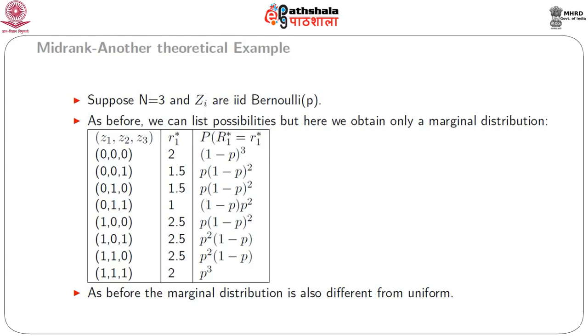Here also we find that corresponding to the realization (0, 0, 0) of (Z1, Z2, Z3), we have the value of R1* as 2 with corresponding probability (1 minus p) whole cube, and when we have observations (0, 0, 1) for (Z1, Z2, Z3), the corresponding probability is p into (1 minus p) whole square, etc. Actually, for n equal to 3, if the underlying distribution is continuous, the possible values of a rank are 1, 2 or 3, but in this case we have the possible values 1, 1.5, 2 and 2.5,